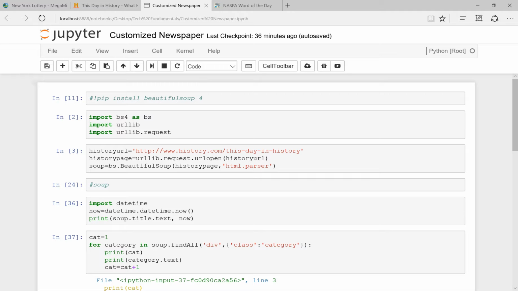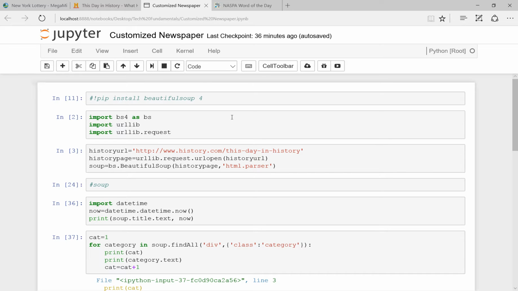This is more for personal use. I can use this as a newspaper, scraping information from various sources and bringing them into one Jupyter notebook so I can read daily. You could use this for other purposes, right? You could look at tweets, newspaper articles, and just anything on the web, really, and bring it into a